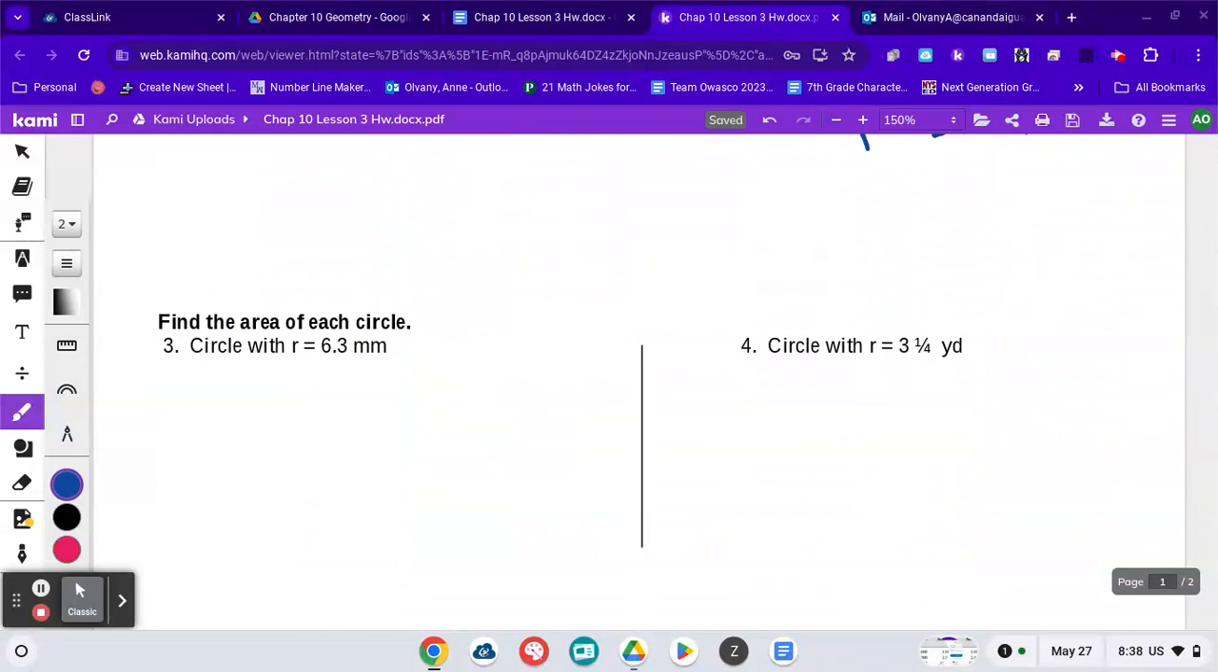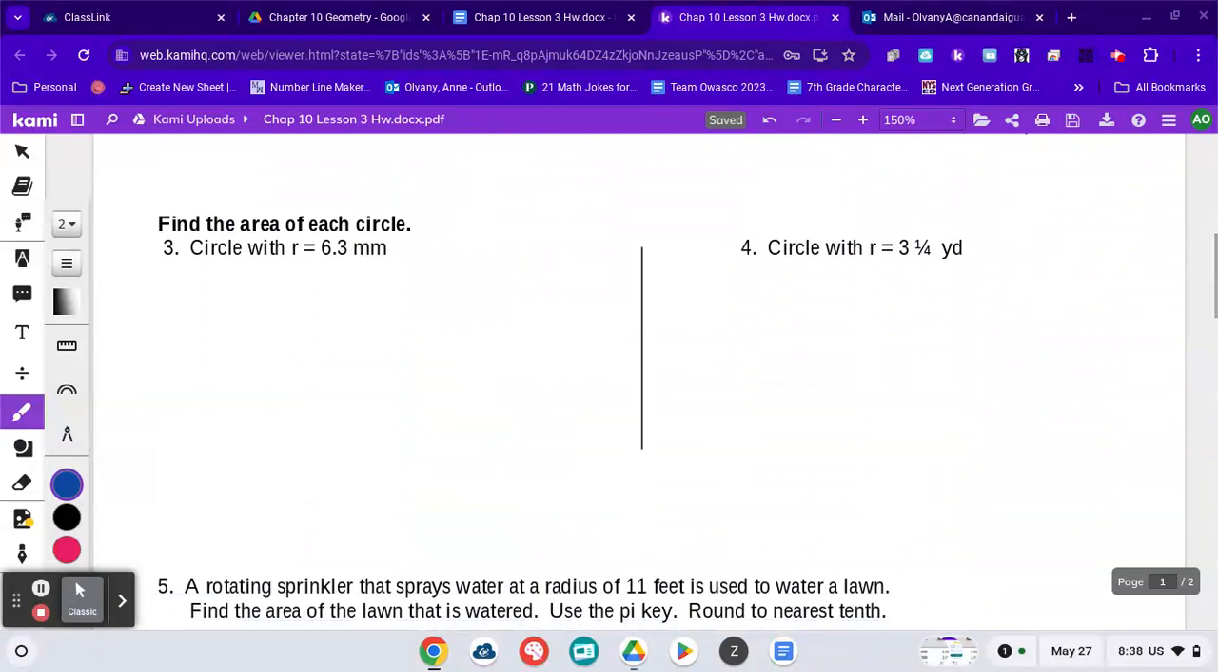Now, the next ones don't have pictures. They actually tell us the radius, but it does say to find the area. So again, I'm just going to start with my area formula. Those formulas are given to you, so you don't have to worry about memorizing them. However,